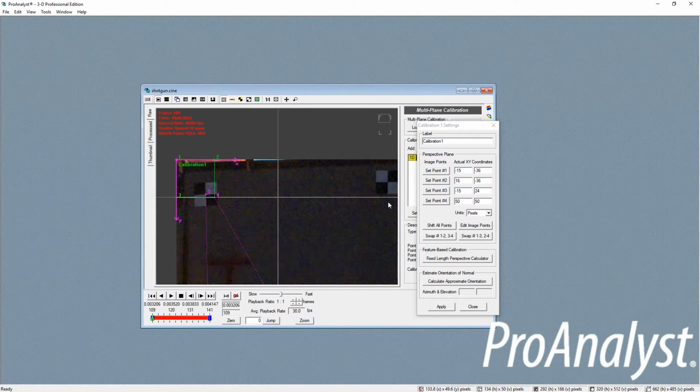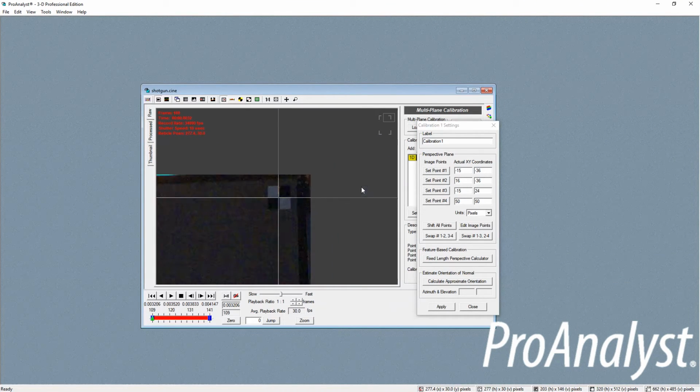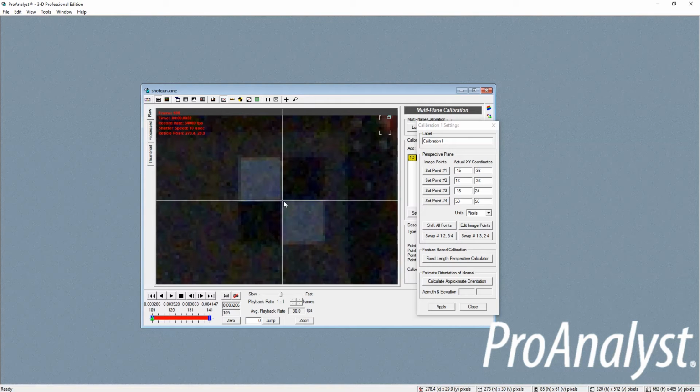I'm going to zoom out and get this point up over here. It's 0.4, and 0.4 is at 16 and 24. All of these units here have been measured in inches. Now if I click Apply,